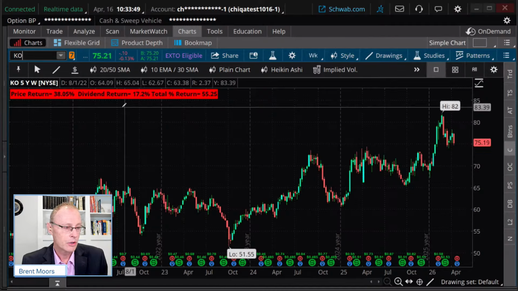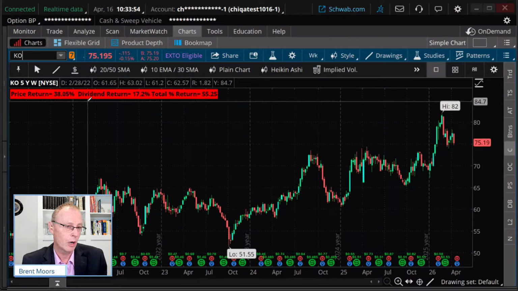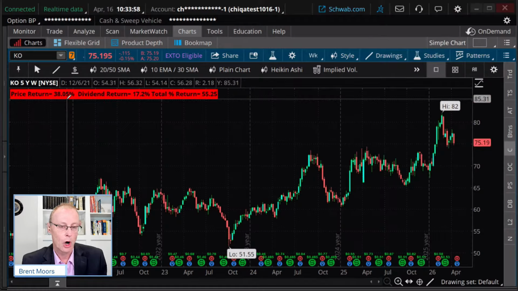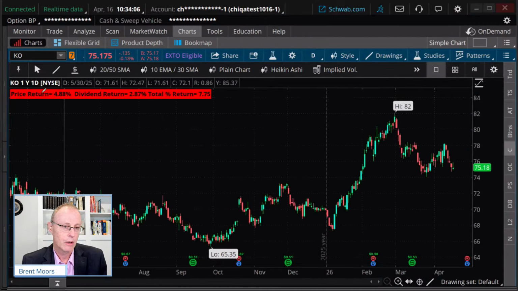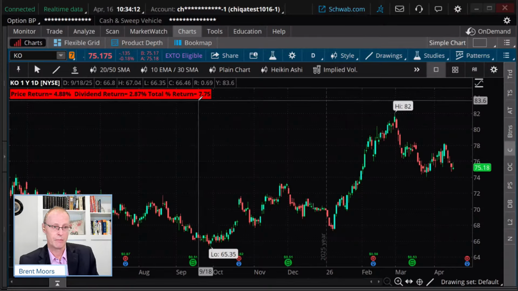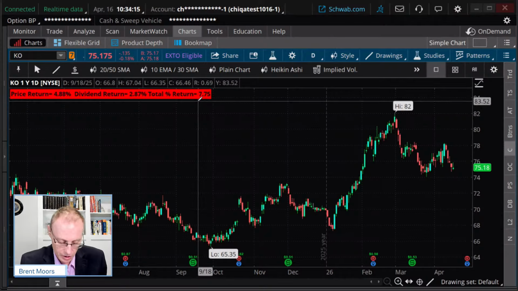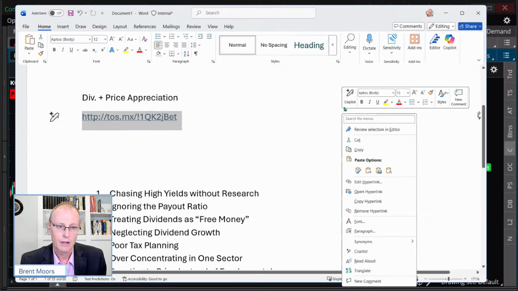So hopefully that script there. This is for the time frame that we're on. This is a question from John. So this is a 38% return over the last, in this case, 5 years. If I switch this to a 1-year chart, do you see it switches the numbers there? So kind of a slick little study that you can add on there if you want to see the total return. I think it's one that you certainly may consider as you're using that.